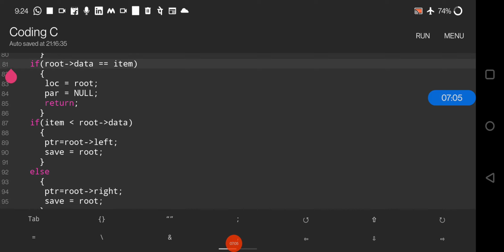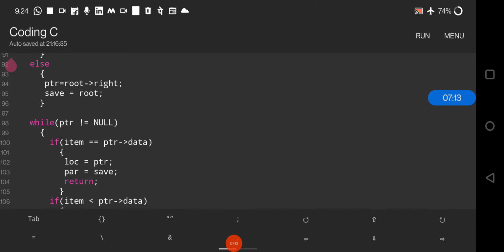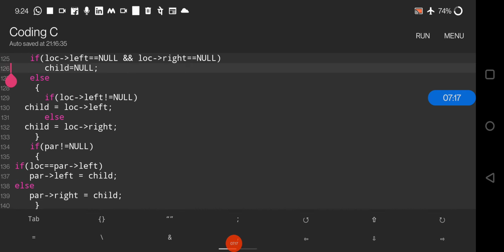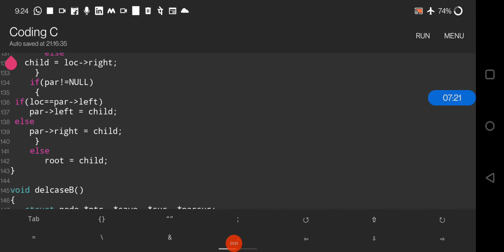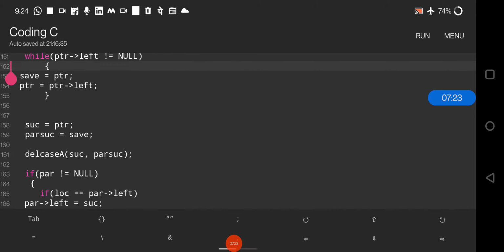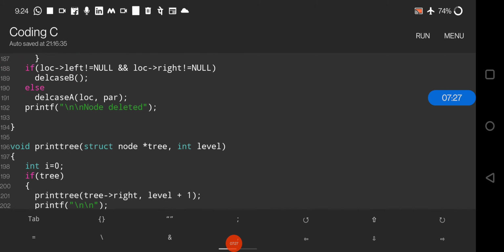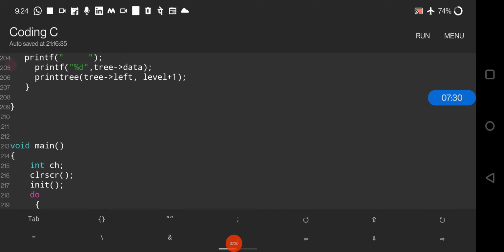Then if the node to be searched is greater than the root node, we will search it at the right hand side. If it is less than the root node, we will be searching it at the left hand side. The same way for deletion, we can delete the element which is present at the left or at the right hand side. In that way we can delete the element of that tree.